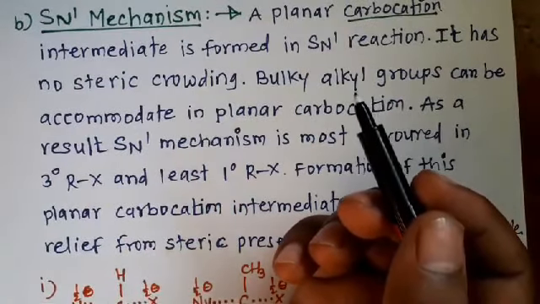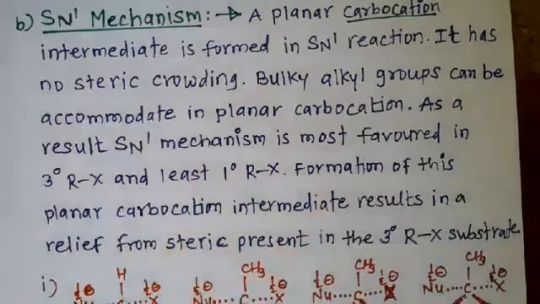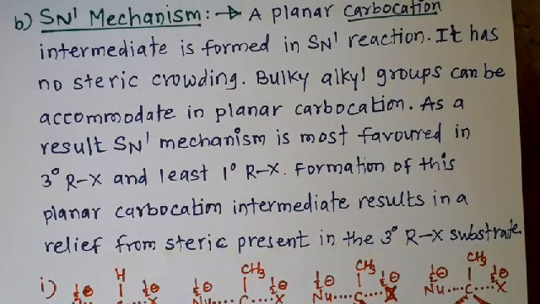And due to the planar structure of carbocation, there is less steric crowding, and the bulkier alkyl groups accommodate in this planar carbocation in such a way that steric crowding becomes less,